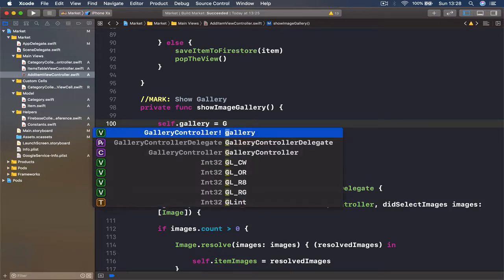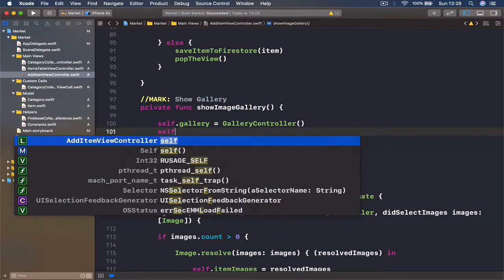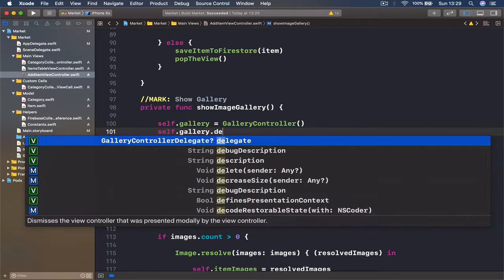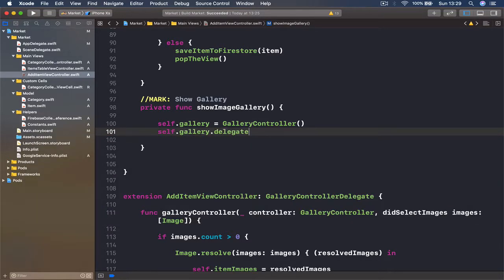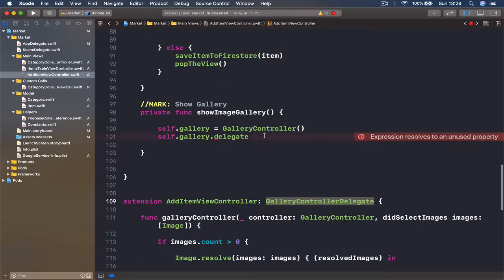Now in our show gallery function, we are going to say self.gallery that we have created before is equal to GalleryController, because we need to instantiate it. And then we can say self.gallery.delegate, because we need to say who is our delegate. Otherwise this protocol will never be called, because we never set our delegate. So equals to self,